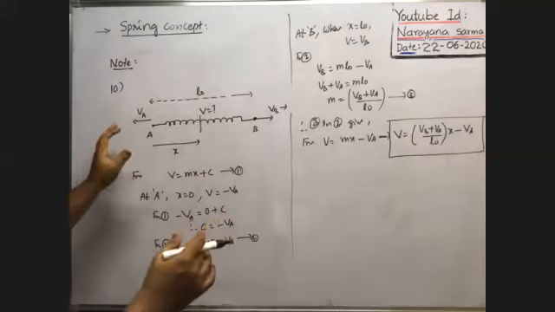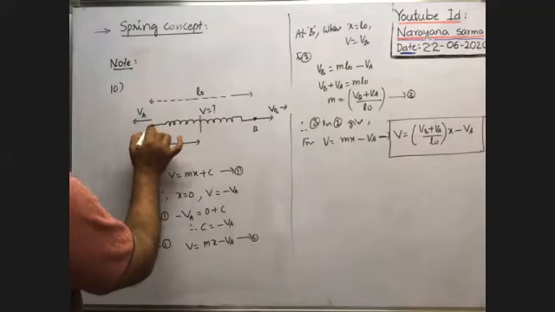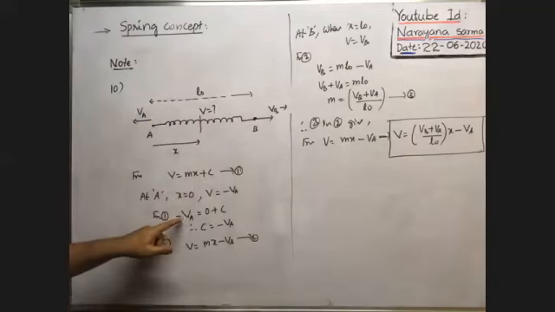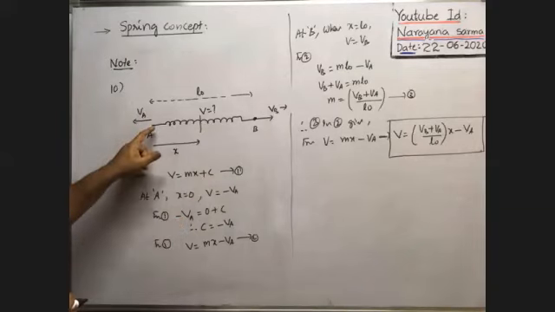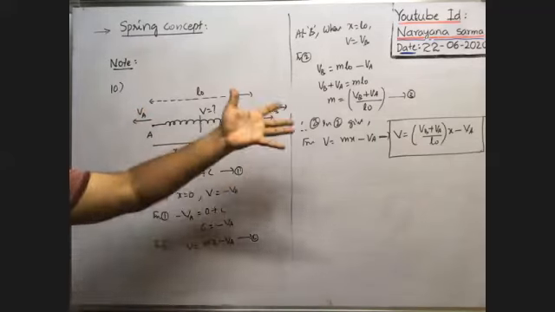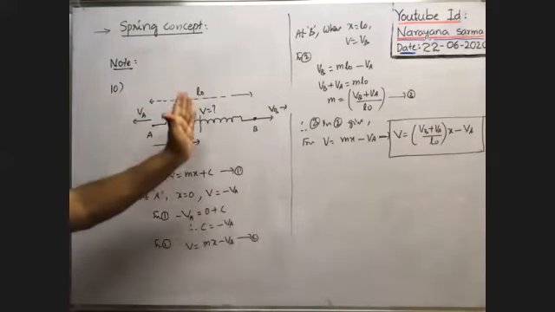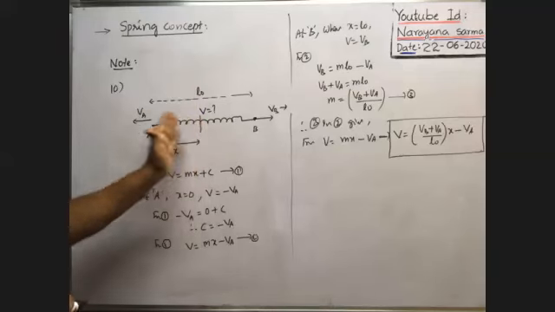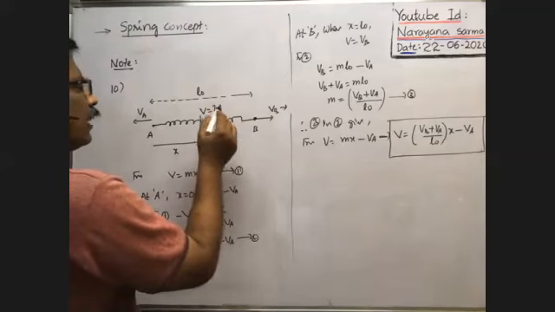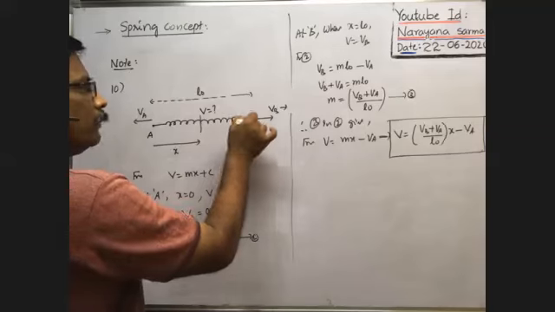Here we have considered the velocities like this. If this end of the spring is also moving in this direction, then we have to substitute the velocity of end A as plus VA only. Then the formulas will be different. So by using this concept, you derive the formula for the velocity of any point of the spring from the end A. Suppose you are given the distance and asked the velocity of the point which is at a distance so and so from B.